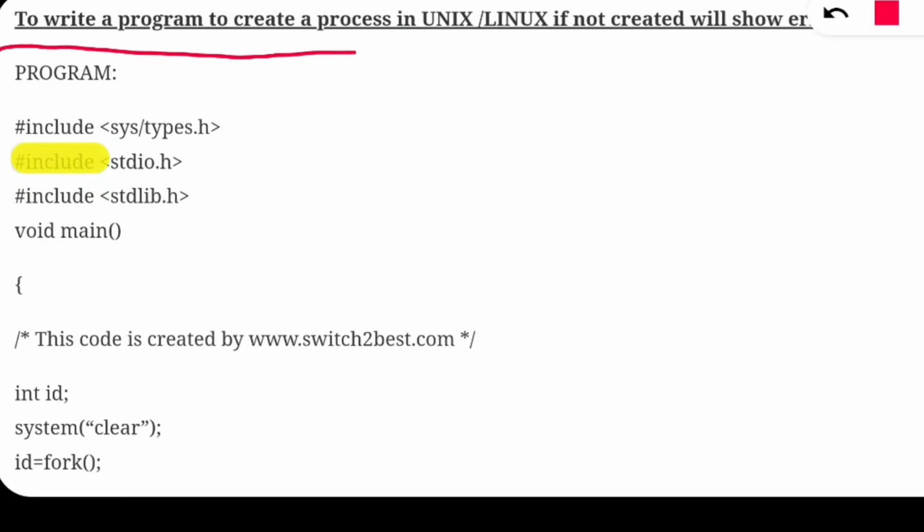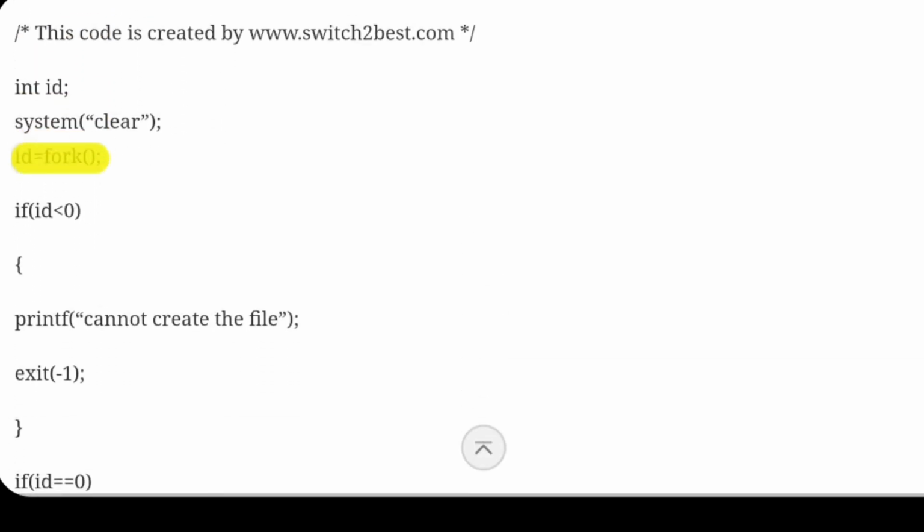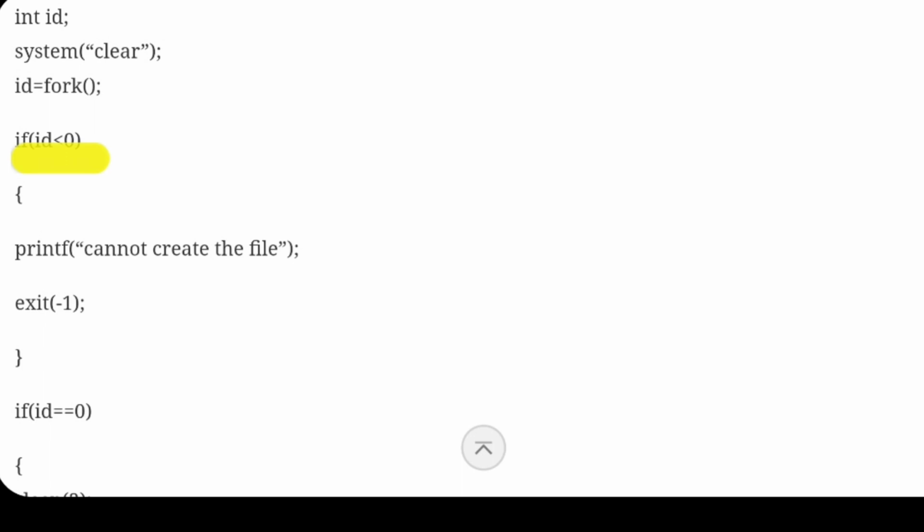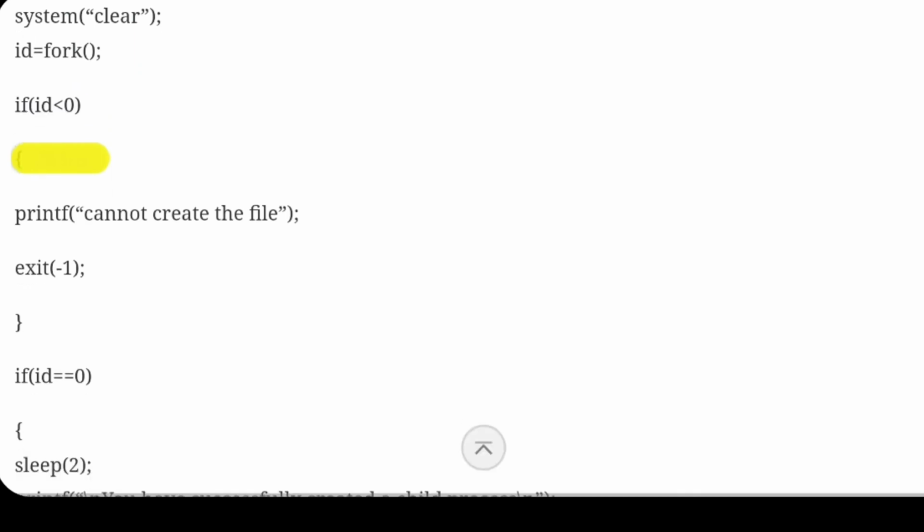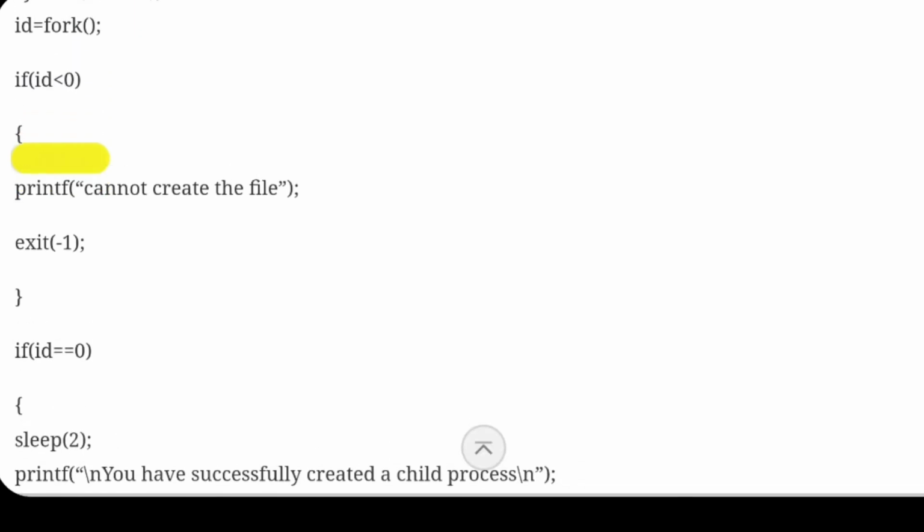Now, write a program to create a process in Unix or Linux and show the error message. This is the program code. Like the previous program, I've called the fork function here and am checking the pid, whether it is greater than 0 or less than 0. If it is less than 0, it cannot create the process and it will exit. If it is equal to 0, that means a child process has been created successfully,